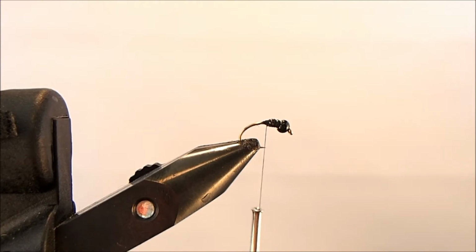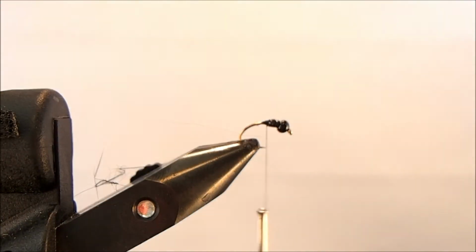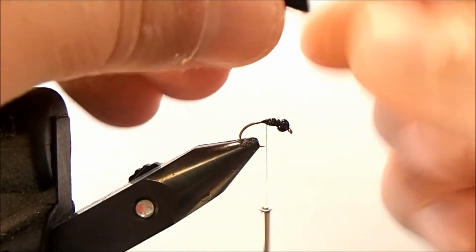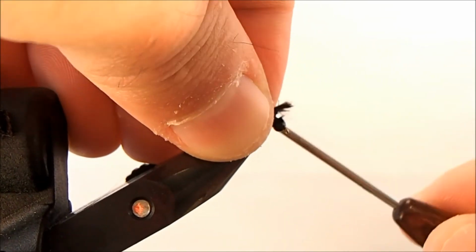And I want to try to get all of it I can, and sometimes it helps if you fold the actual rabbit over. It'll give you a good section to clip out. So I'm going to take that, and like I said, just take it right off the hide, cut a nice straight tie-in point, and I'm going to place this right behind the bead head and tie it in, and work back to make sure I catch